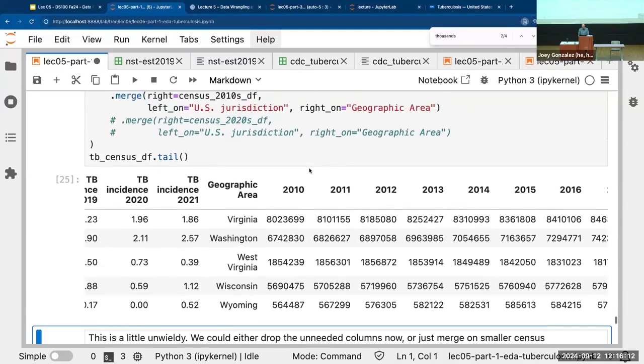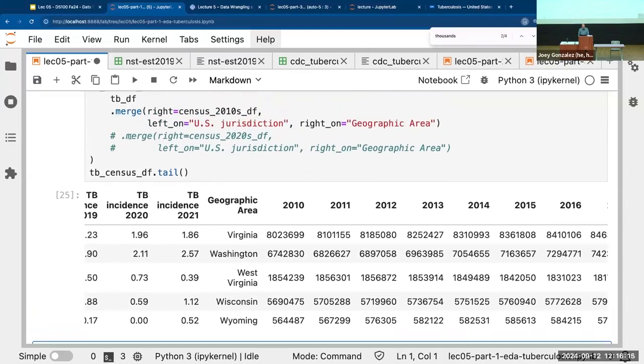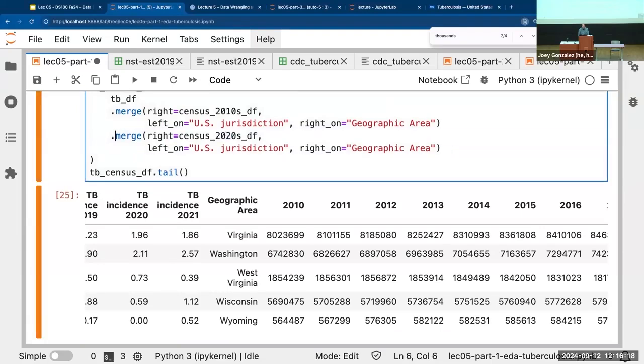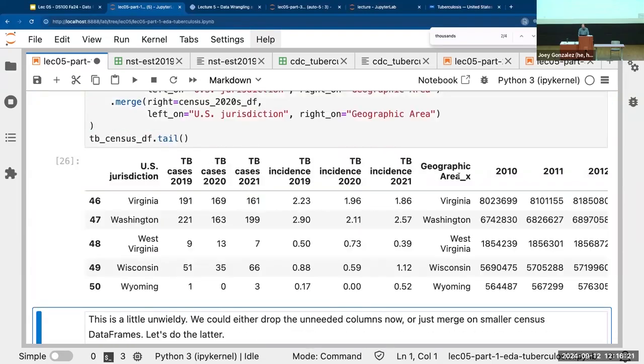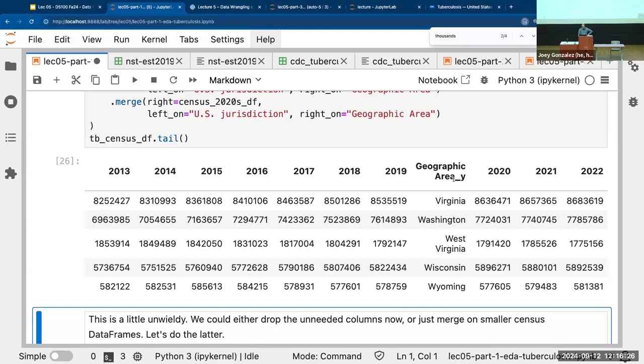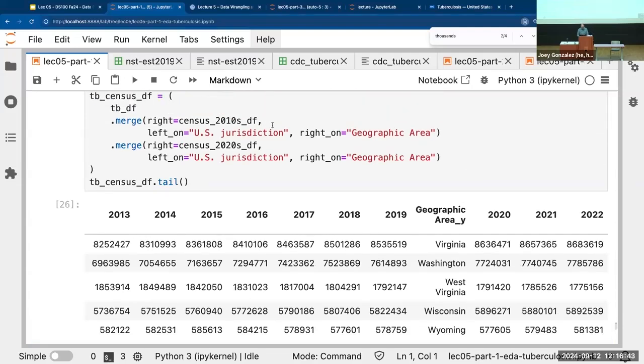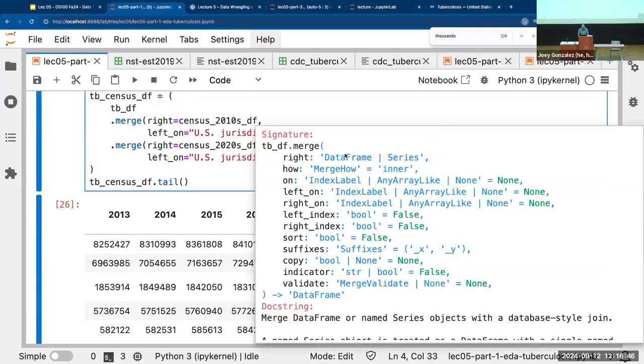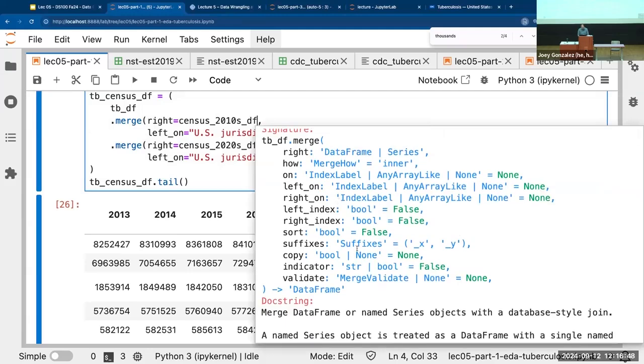Okay, but I put a second merge in there, where I'm merging again. And now I have geographic area X. What's that? Well, I merged with another table, the 2020 data, and have geographic area Y. When I merge two things and there's a collision on the column names, pandas adds an X or a Y, or another letter if I keep merging. A number, I forget what it does. You can actually change its behavior in this case. It just adds an X and a Y, but yeah, suffixes. You'll get an X and a Y when there's a collision for the left and the right tables.